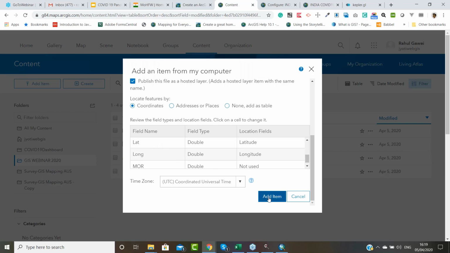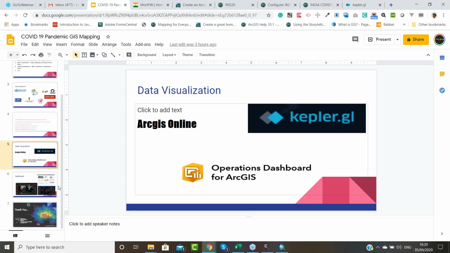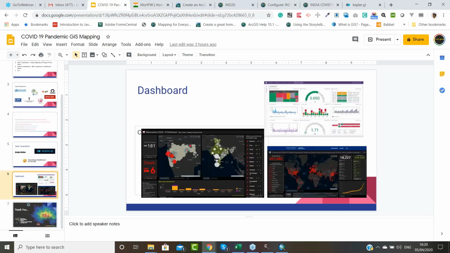So you click on add items. Okay, now we are here in Operations Dashboard for GIS. And you can create a dashboard like this one, which I have previously created for Maharashtra region and for India, and this is a global level dashboard which is created by another institute. Okay,